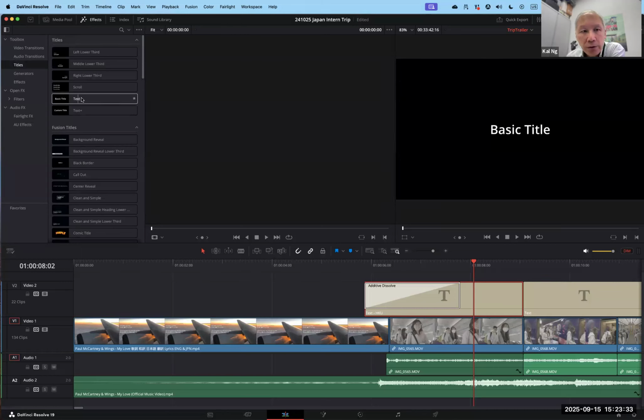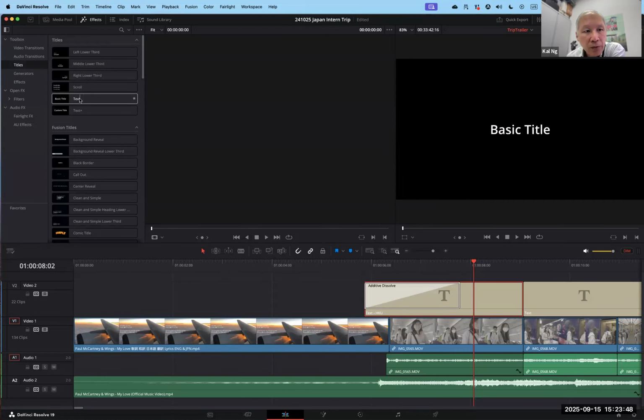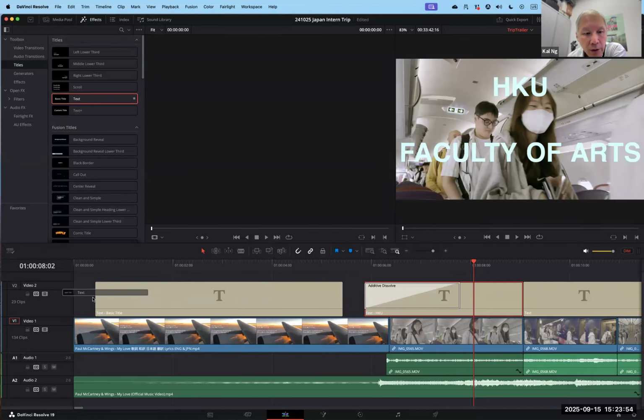You can see the text is arranged as basic text. And there are many different types that you can use. It's fun to do. And you can even scroll your text. But just to do a simple text, I drag this particular text right on the timeline like that. So you can see that